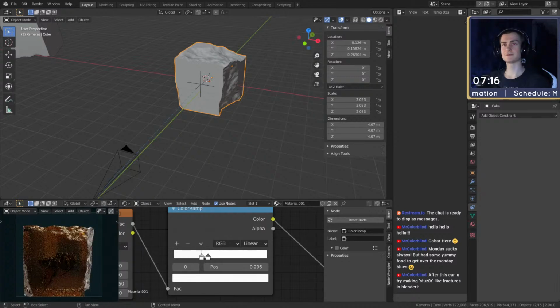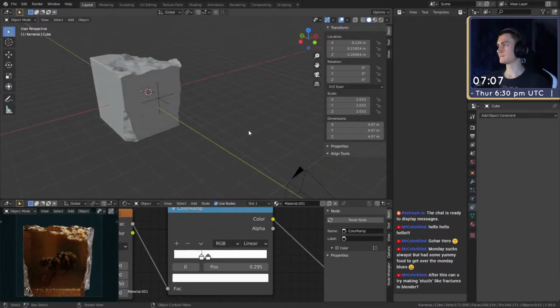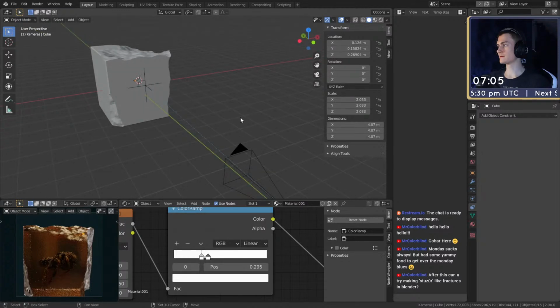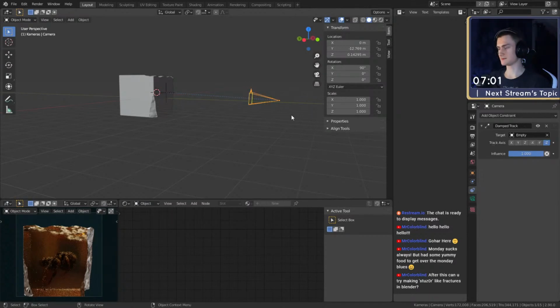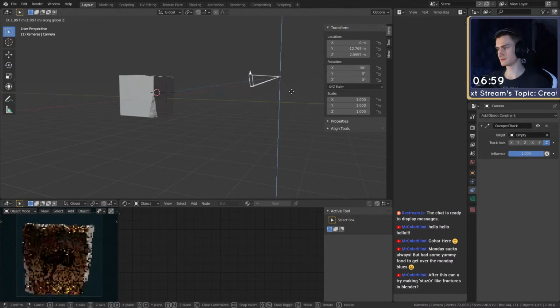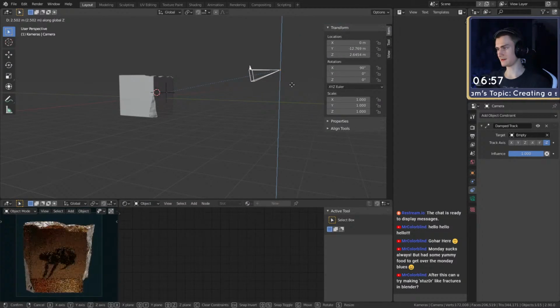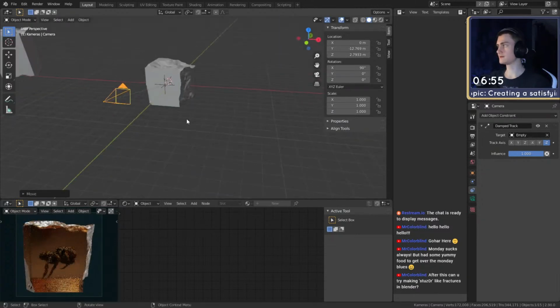Perfect. Just sorting my stuff out. Okay. Let's pull this a little bit higher so we have a different angle, something like that maybe.